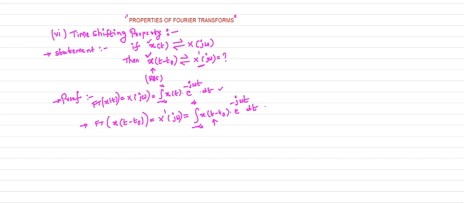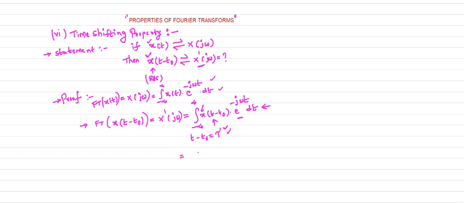I want to represent this formula in terms of the standard formula. This is your standard formula. For that, I just consider t minus t naught as a variable. Let us consider the variable is tau, or you can take any variable, tau or p, whatever. Here x is already used, so no need to take x. You can take any variable other than x. So let us replace t minus t naught by tau. Whenever you replace t minus t naught by tau, the entire equation in terms of t is going to transform to tau.